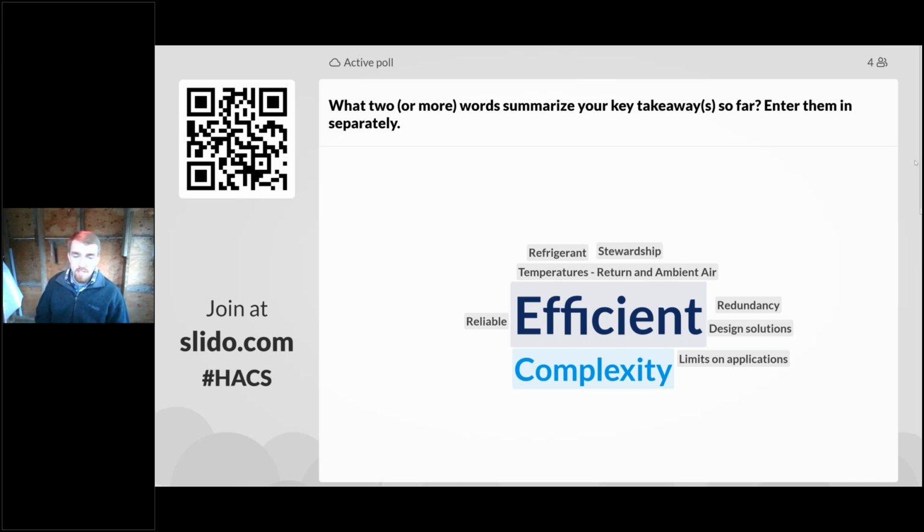Yeah, so while we were away, people came up with some really great words to highlight what we've talked about today. The biggest one is efficient, which makes a lot of sense. These heat pumps are a lot more efficient than any of the other competing technologies. And complexity is a fair word as well, right? There's a lot of things to think about with these units, but we want to make sure we keep in mind that the heat pump water heater